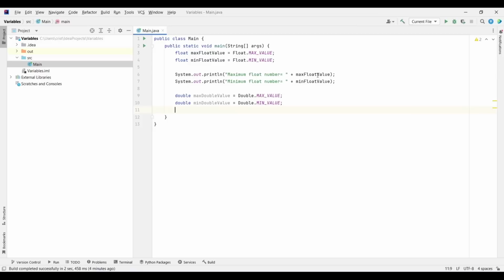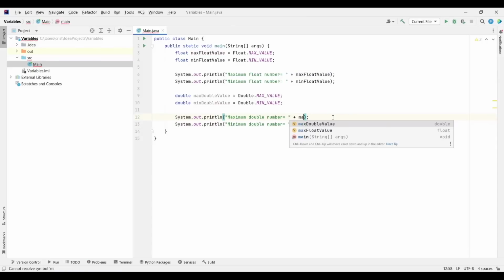And let's copy this code. Let's paste it here below. And let's change this to double. Here to double. And let's change this to max double. And mean double here. Now, if you run this code,